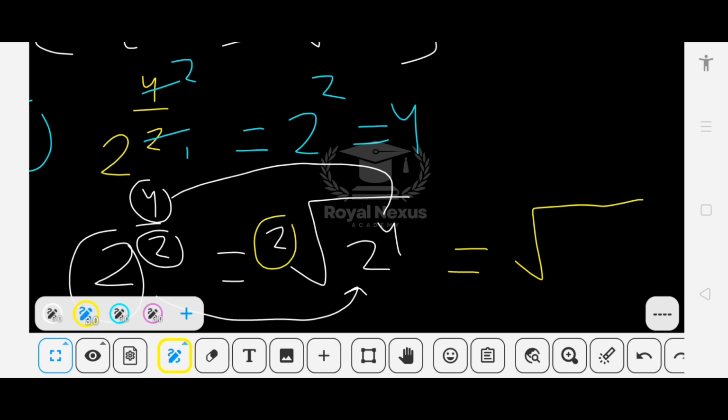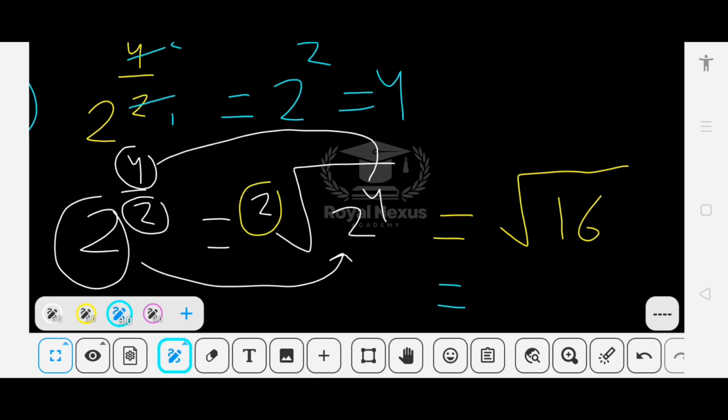So if we just solve it, 2 raised to the power 4 is basically 16, and the square root of 16 is 4. So I hope that all these laws of indices are